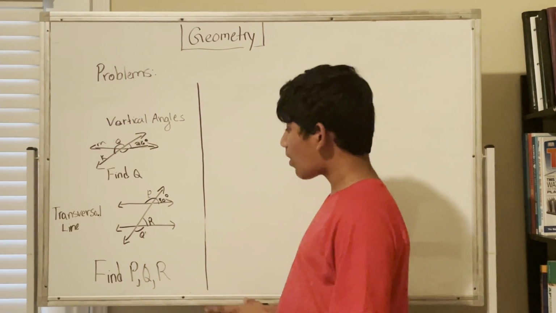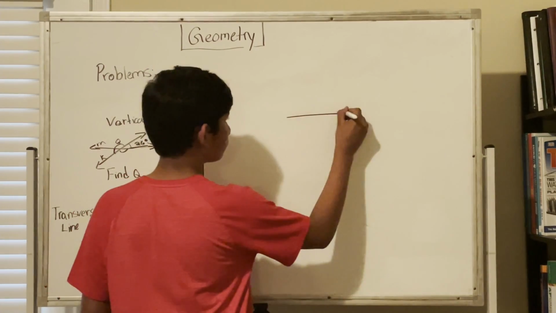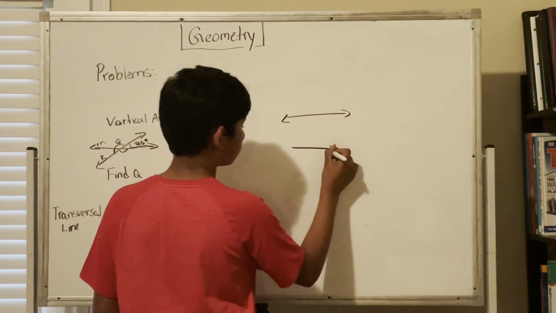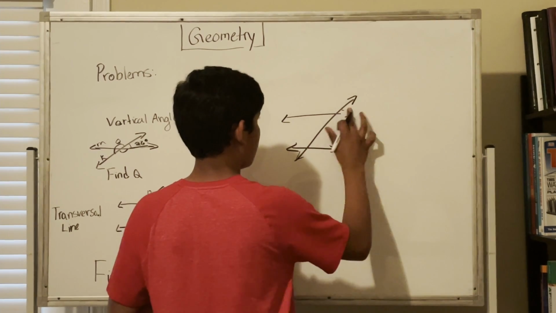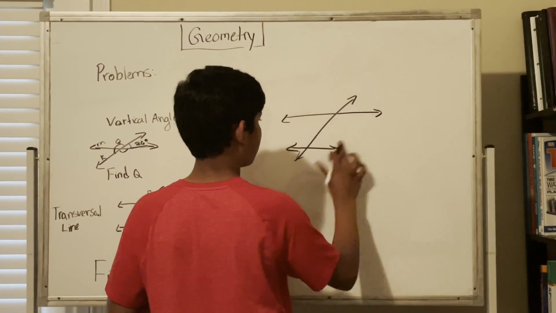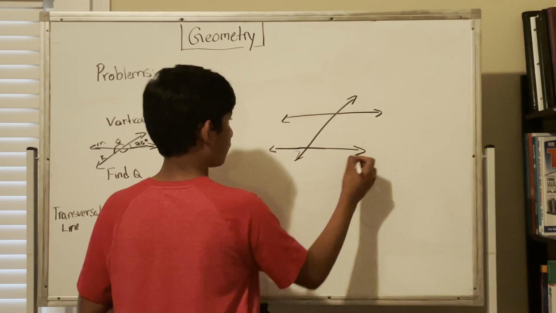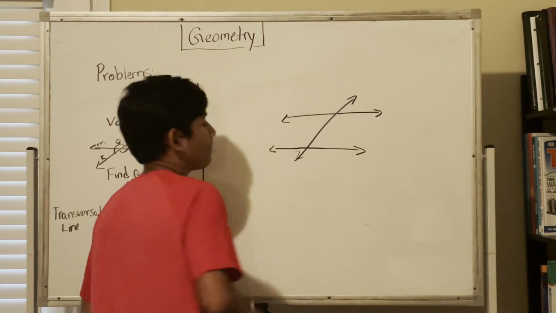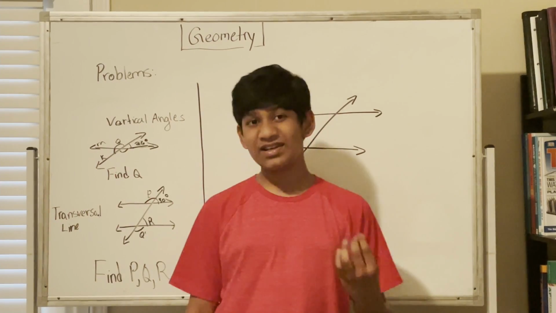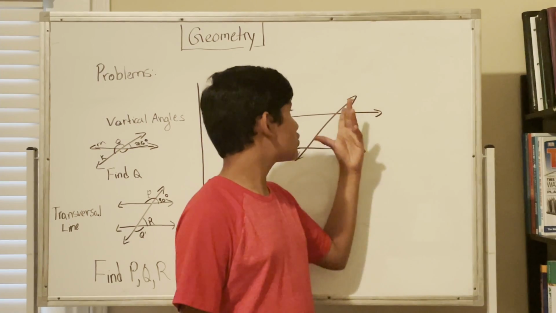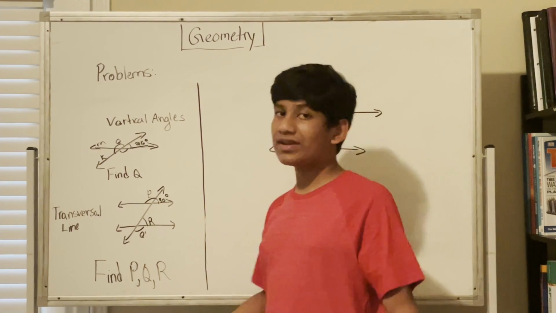Okay, so we have to solve this problem involving a transversal line. It should be pretty simple. So let's draw two lines, and let's draw a line crossing them. We could extend the line. Okay. Now, let's try to solve this problem. Remember that we at most need one angle to identify pretty much all the angles over here that the line intersects. As we see, one angle is 30 degrees.